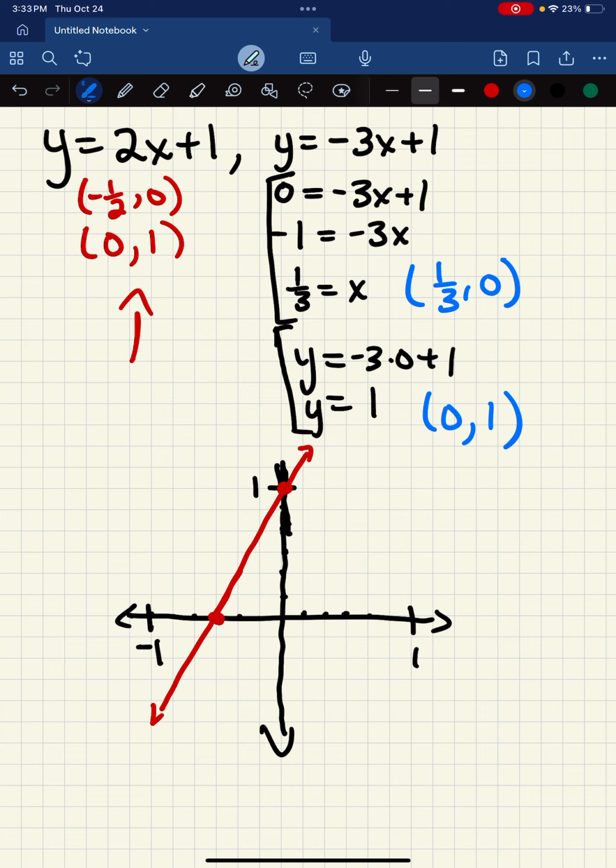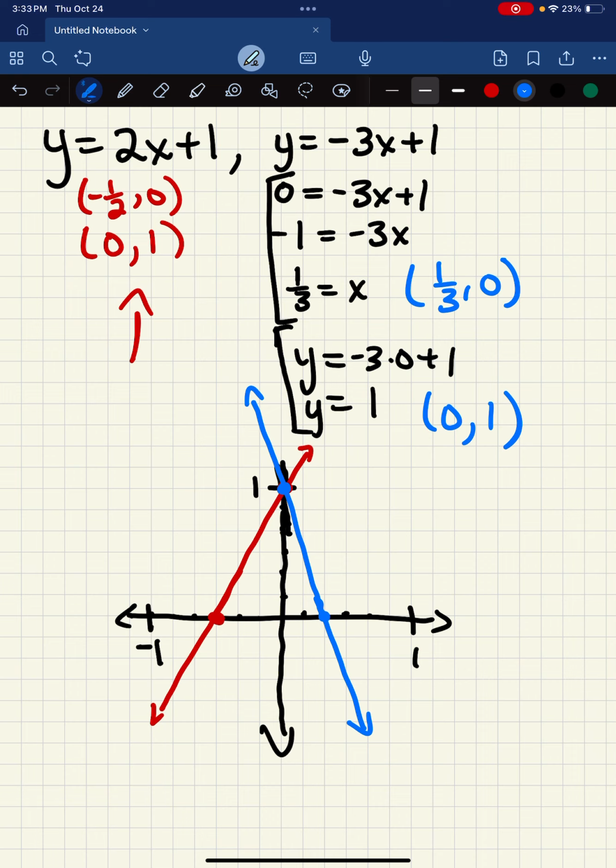And we have another line, which is 1/3, 0. 1/3 is going to be right here. And then we have 0, 1 right here. So if we connect those two up,